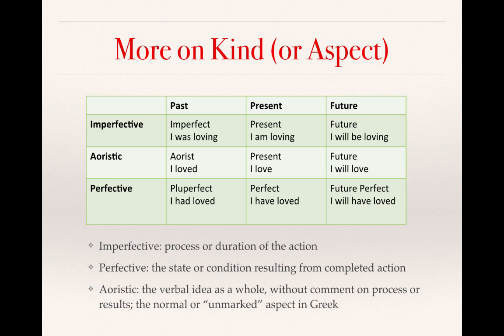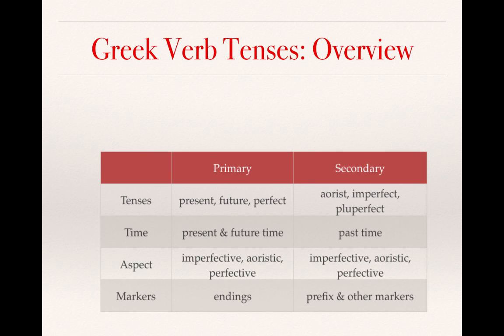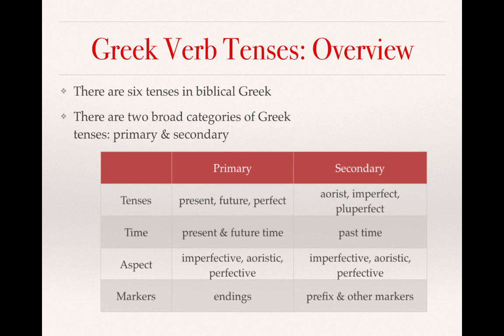Perfective is the state or condition that results from a completed action. And aoristic is simply a reference to the verbal idea as a whole, without comment on the process or the results. This is the normal or unmarked aspect in Greek. So far, this should be a review from one of our very first lectures on the Greek verb. To provide an overview of the type of verb tenses that we will see in Greek, here is another chart. Please note that there are 6 tenses in Biblical Greek,